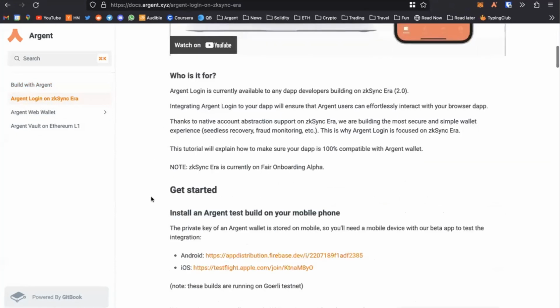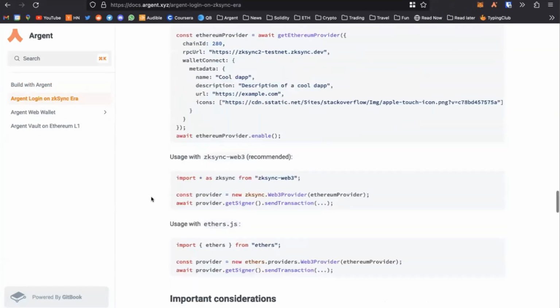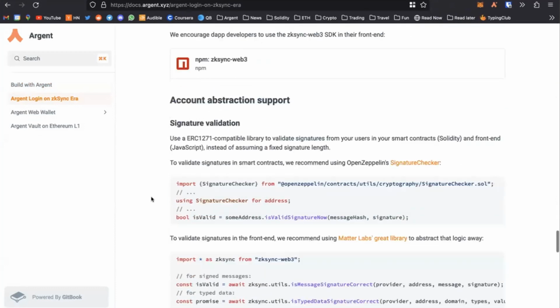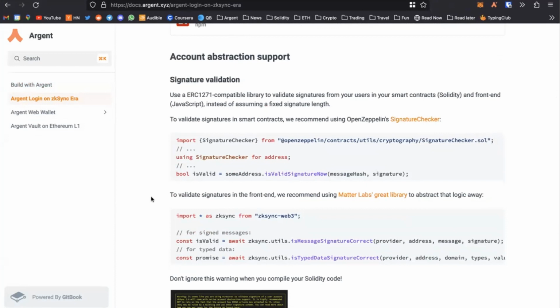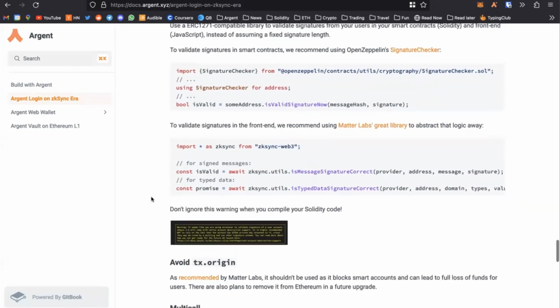But if you scroll down a bit, we have a section on account abstraction and how it's a bit different regarding a few things. One of them being signature validation, that has to be done differently than from EOAs with smart accounts. And the other one is regarding this thing called transaction.origin.